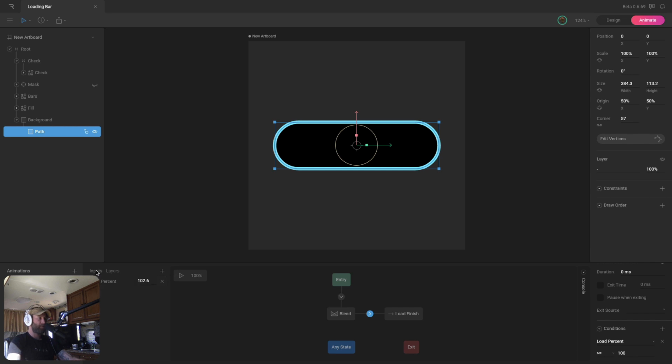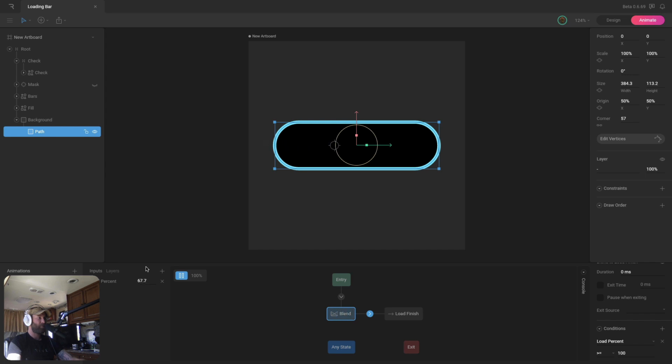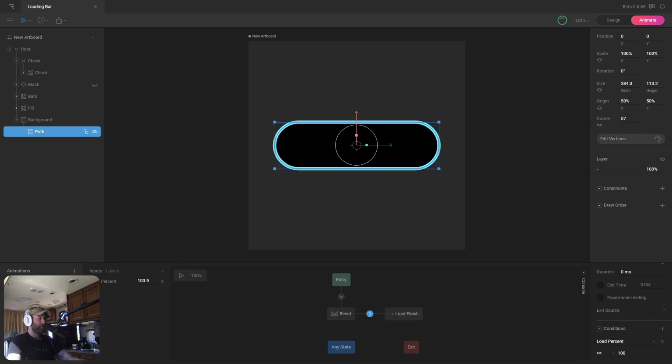So let's go back and preview this, and then we can change anything we need to, make any fixes. So I'm filling. Oh, we didn't actually animate the mask there, which is fine. We actually have that turned off, so we can go back and fix that. But you can see that the transition actually fires off. So let's look at that one more time. You see, once we get to 100, bang, this animation happens. Now let's go back and fix it really quick. It's really easy to do.